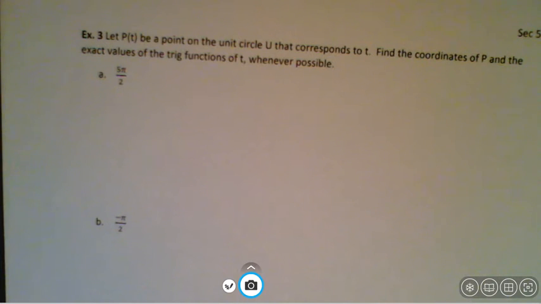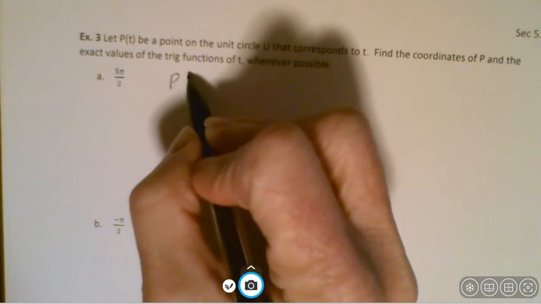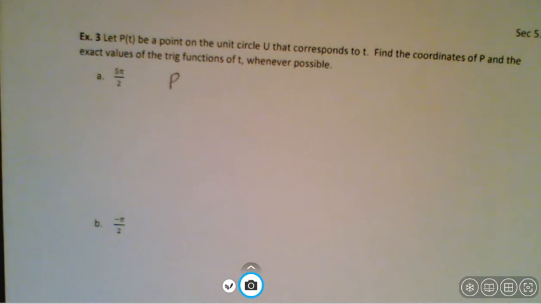Continuing section 5.3 with example 3, we're going to let P be a point on the unit circle that corresponds to T. And we're going to find the coordinates of P and the exact values of the trig functions of T whenever possible. So you need to be looking at your unit circle while you do this. All right, so we have 5 pi over 2. So what point is that? When we have radius of 5 pi over 2 radians, that's the point